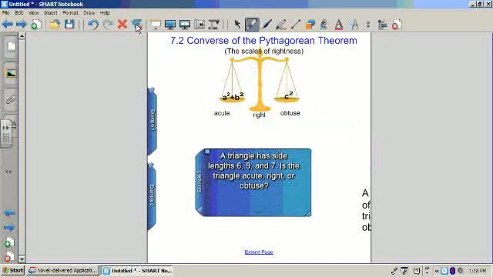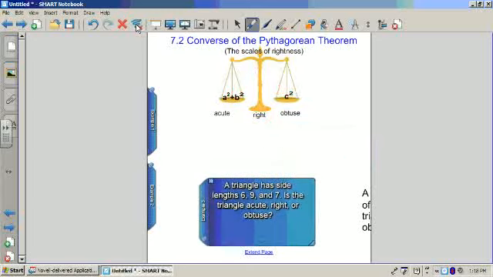Example 3. A triangle has side lengths 6, 9, and 7. Is it acute, right, or obtuse? Well, A is going to be equal to 6. B is going to be equal to, hopefully you didn't say 9, because C has to be the largest leg, or the longest leg, so B is going to have to be equal to 7, and C will be equal